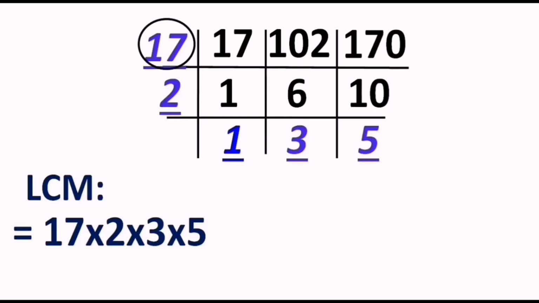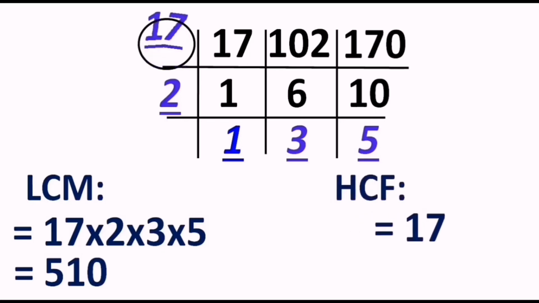So that's why you can skip it, and that makes our answer 510. Okay, so the question is how to find the GCD. The way I told you, we have to take only those numbers which are dividing all the numbers, and those numbers are written in the circle, right? So the HCF of the given numbers is 17, because 17 is dividing all three numbers, and that is happening only once. So 17 is my answer.